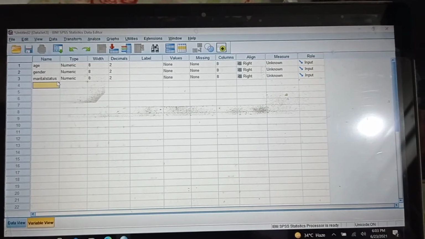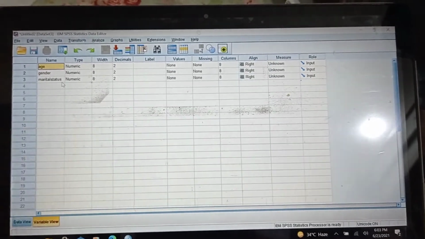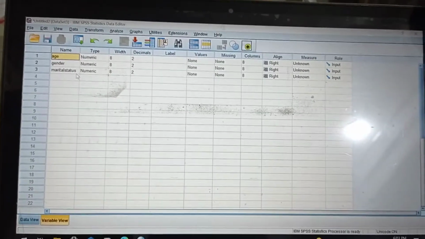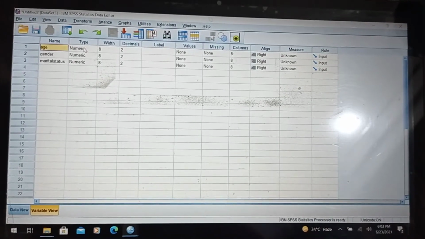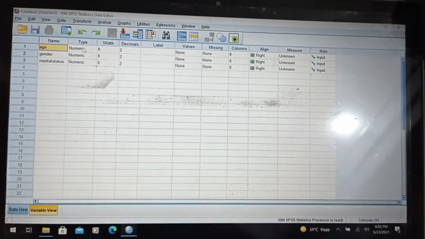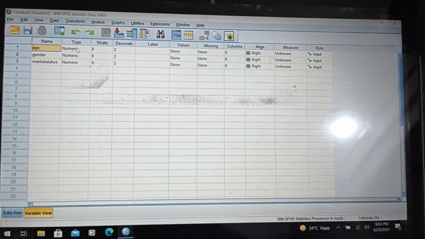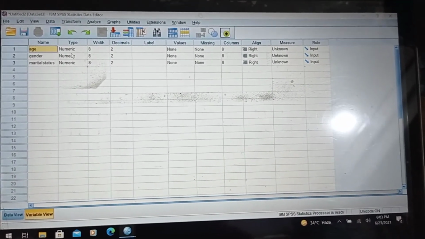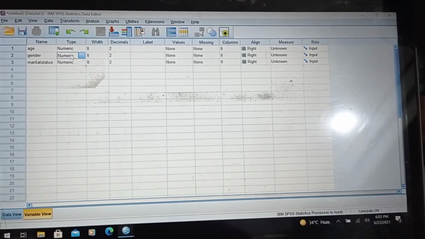All right, now you are seeing that it's written in type that it is a numeric variable. Age is a quantitative variable, so that's fine, but gender is a qualitative variable, so we have to change it from numeric.